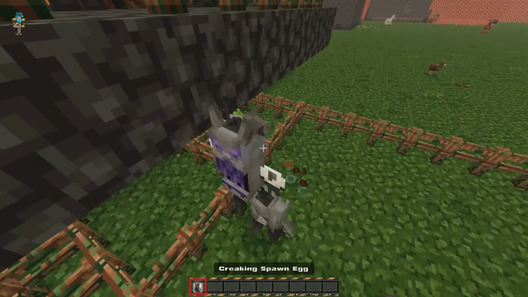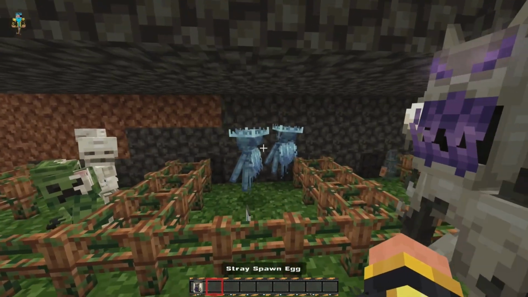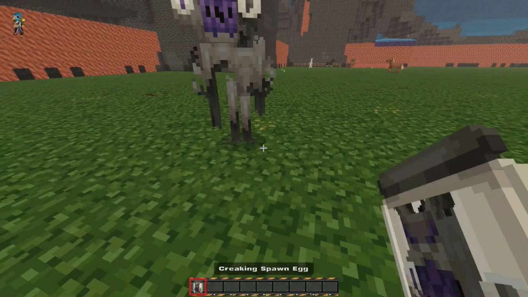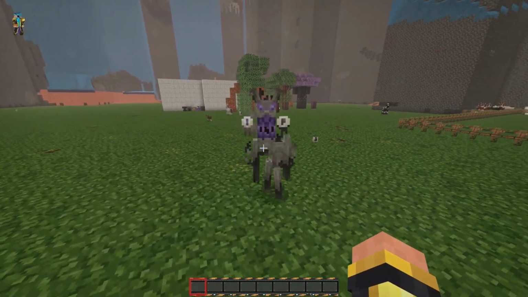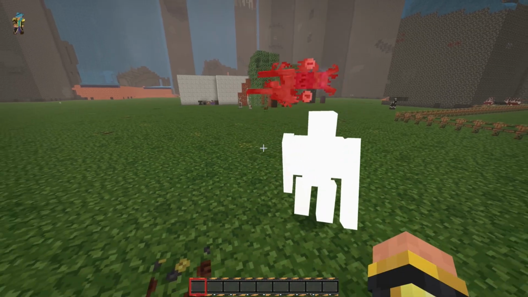Alright, because the noises here really bug me, but let's just wait. What are you? Alright, that's what strays look like right there, without trying to give away too much. Let's go over here. I just want to see the creaking here. Oh my days. Look at that. He's got eyes there. He's got some nasty, gnarly...